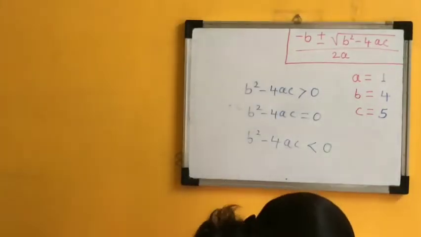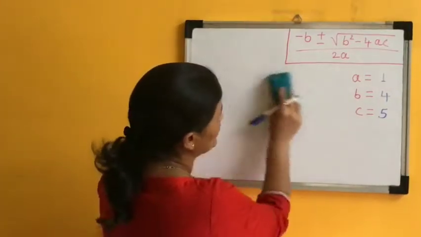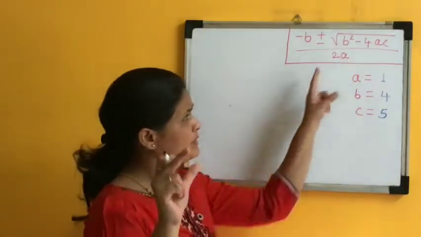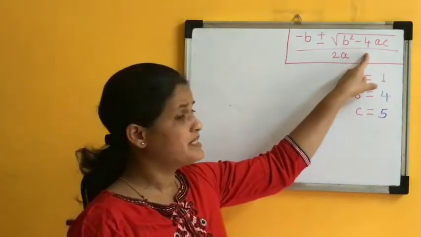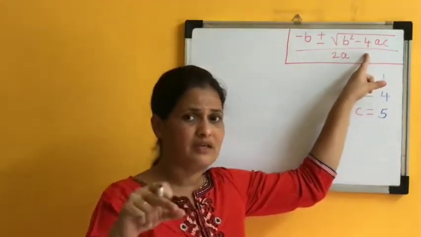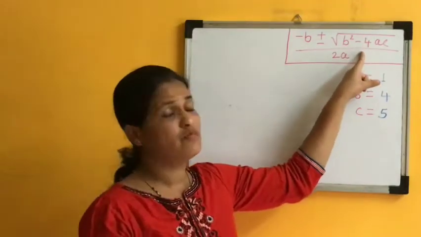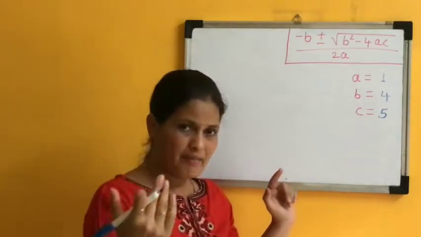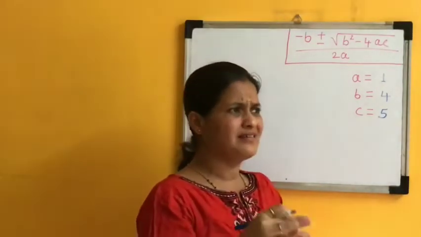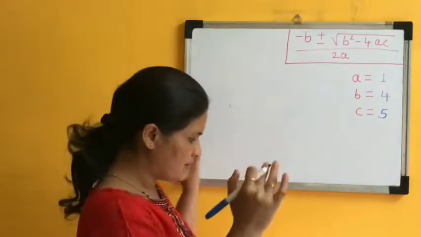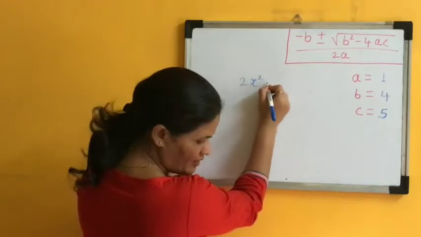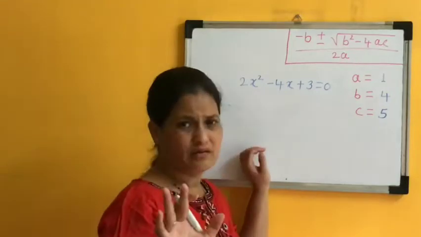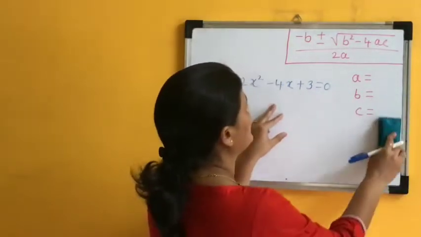So let's see one or two more examples for more clarity on this. The term b square minus 4ac is deciding whether the given equation is having real roots or not. That means this term we call it as a discriminant of given quadratic equation. So we may have examples or sums like find the discriminant for the given equation. For example, the equation is 2x square minus 4x plus 3 equals to 0, and we just have to find out the discriminant. So we have to just find out a, b and c.